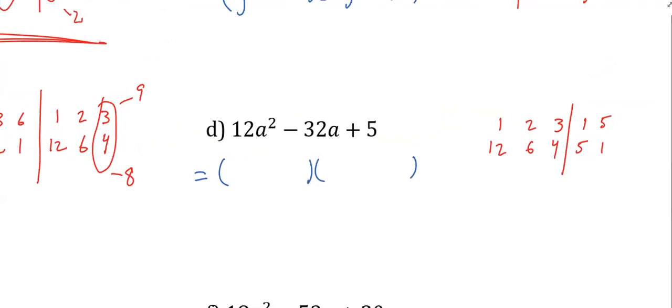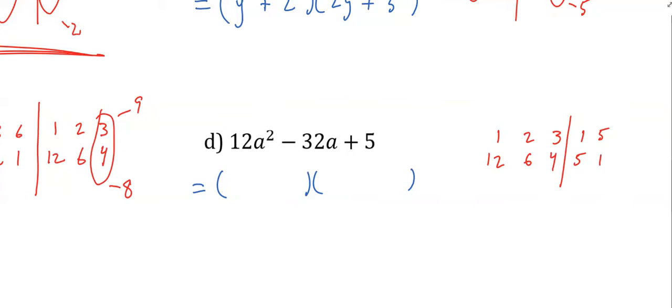Take a look at this one. It's a little bit different. The 5 is positive, so the numbers will have the same sign. Remember, these two numbers, the constants at the end, are what will multiply to give me 5. They have to have the same sign. But the middle term is negative, so both will be negative. Does that make sense? See how there's the different combinations? Both are positive, or both are negative, or they're different signs. All right, how do we get